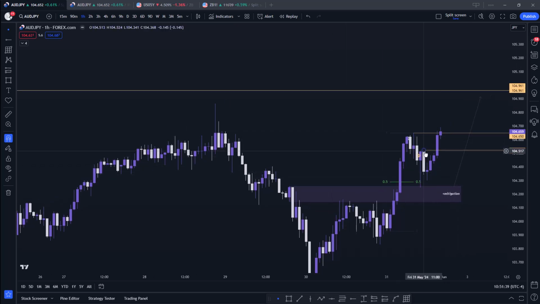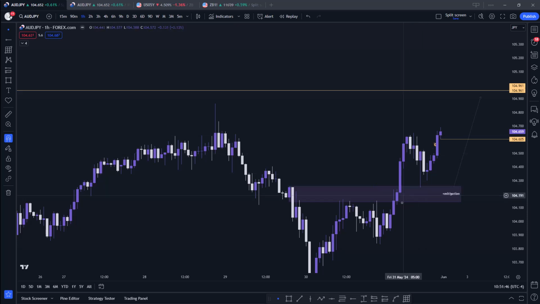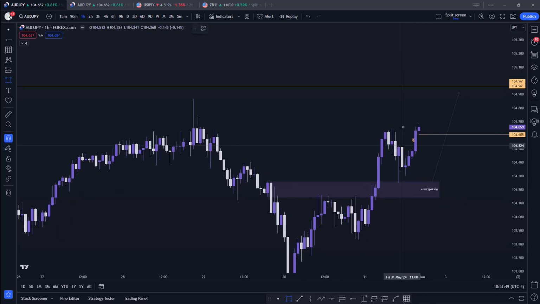And now we have created a 1 hour FVG, a 1 hour gap. So we could see price just return down back into this fair value gap this night on Sunday when the markets open, and we could see price just continue higher from there to complete the market maker buy model. So this is something I'm looking for on Sunday going into Monday. But yeah, AUD CPI is on Tuesday, so if we don't get this completed by Monday before CPI, I'm probably going